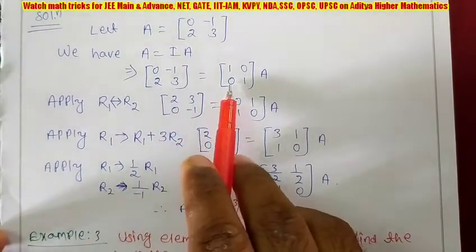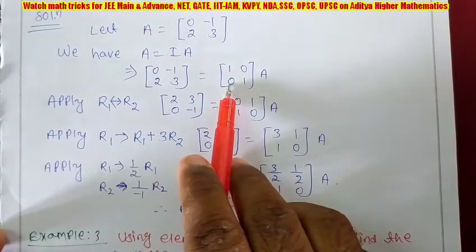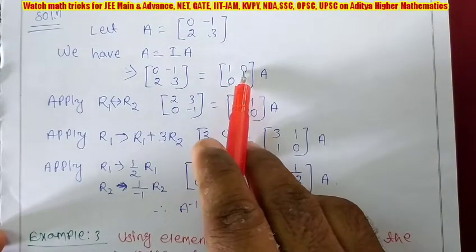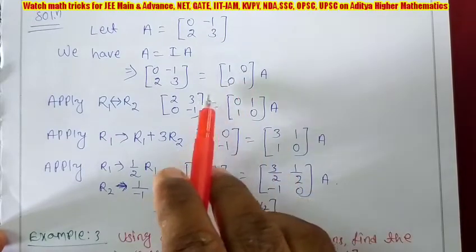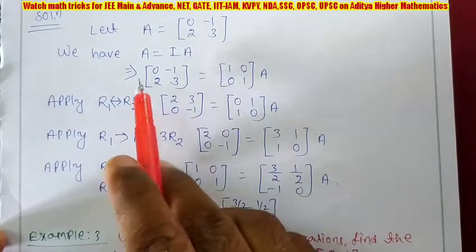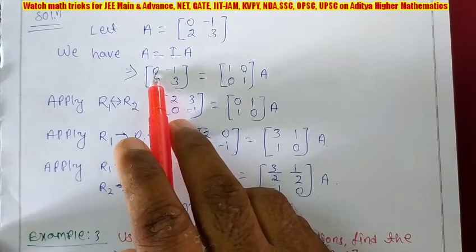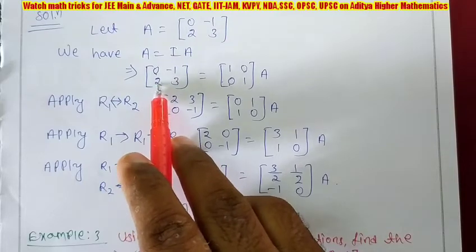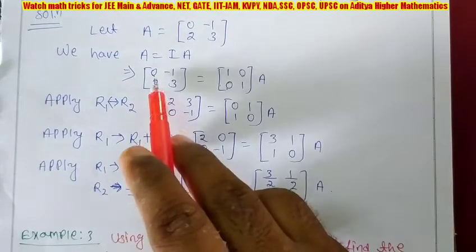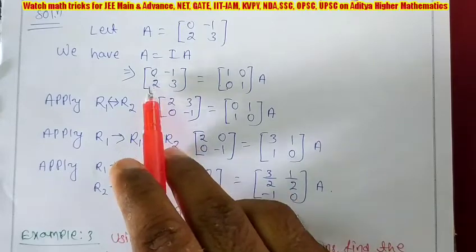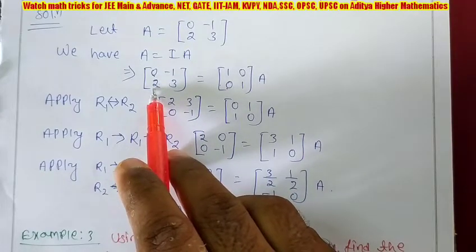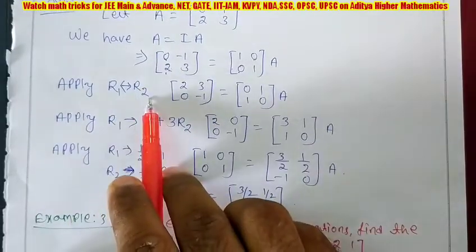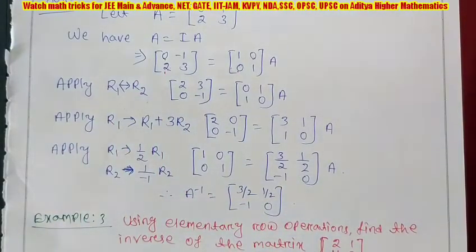You observe here we need 0 element in R2 and we need element R1 0 in this place, and here already 1 0 is given in R1, but we need this 0 in this place where it is 2. If we can interchange R1 and R2, then that 0 will come to where we need. So I am interchanging. If 1 0 is given, you can interchange to make R2 0 where you need.